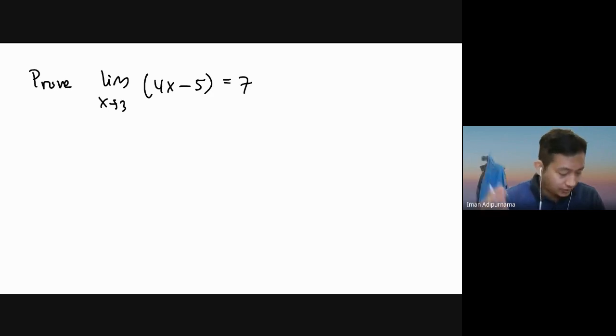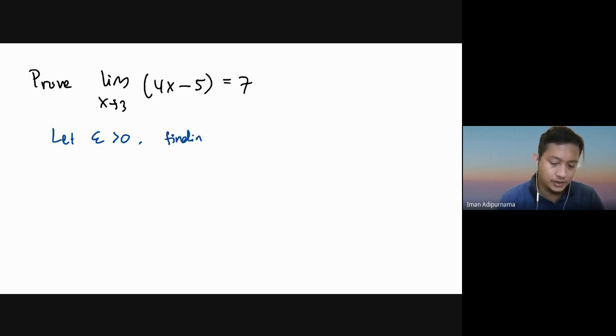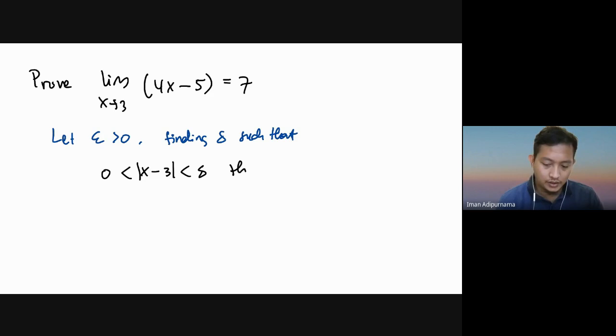So first, let epsilon be positive. Find delta such that, and then